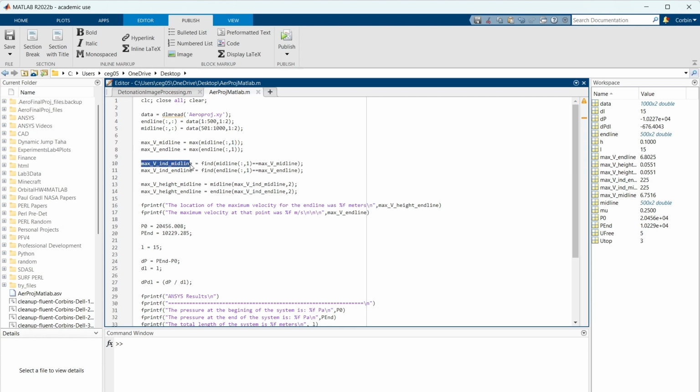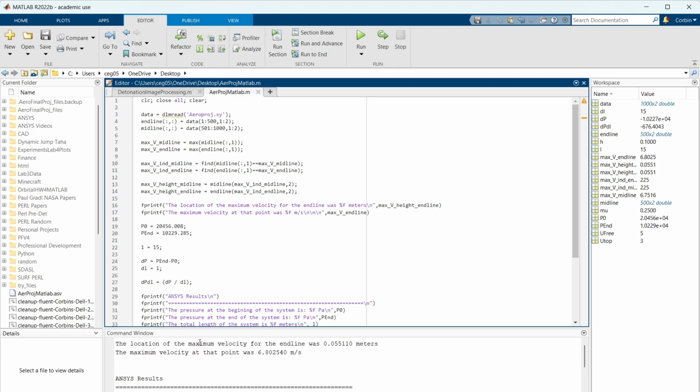And then I found the index of that maximum velocity, and then I found the height that index was at, which was just the second column of the midline matrix. So if I run this,